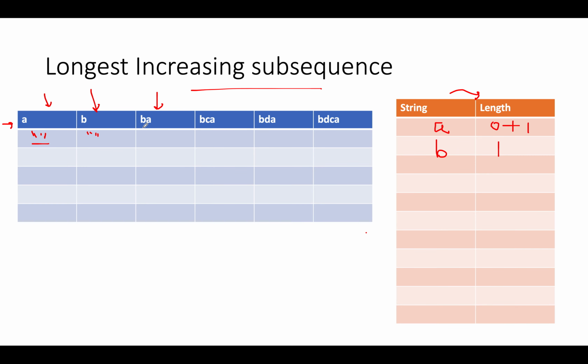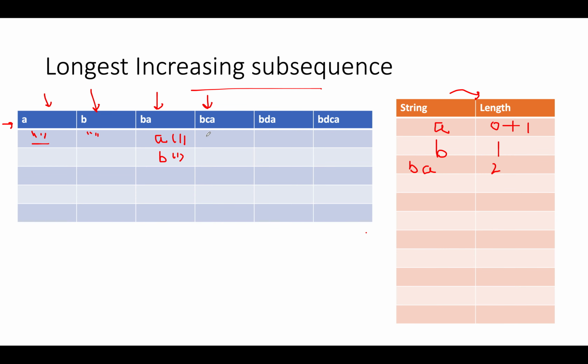So let's move to the next iteration. We have BA, and let's generate the predecessors of BA. The first one being A and the second one being B. What is the length of these two in the map? The length is 1 each. What is the maximum value out of these two? The maximum value is 1. So we will add BA into the map with 1 plus 1, which is 2. So let's shoot for the next iteration.